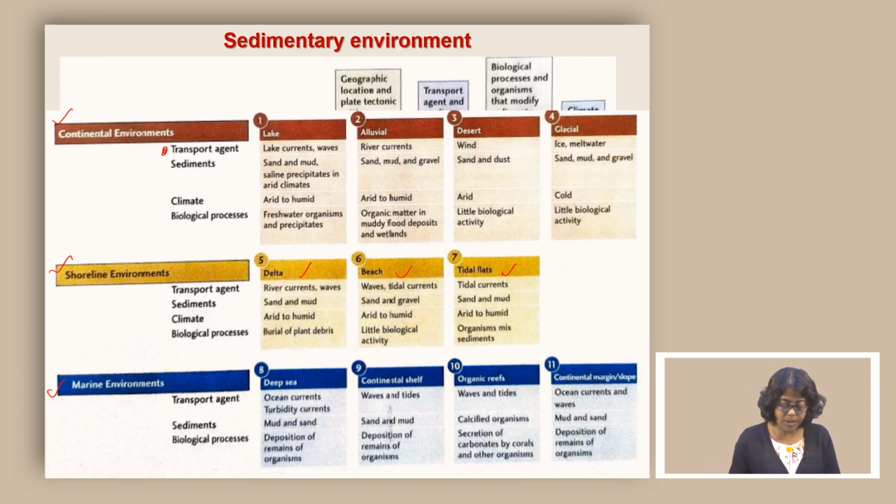The second one is climate. Where can we expect them to form? For example, let us say if we are talking about the glacial environment, it means we are looking at a climate which is cold, because otherwise it cannot form. For example, if we look at the desert, we are immediately talking about a climate which is very arid, otherwise it cannot form. The third important aspect is biological processes, that in these areas what kind of organism should